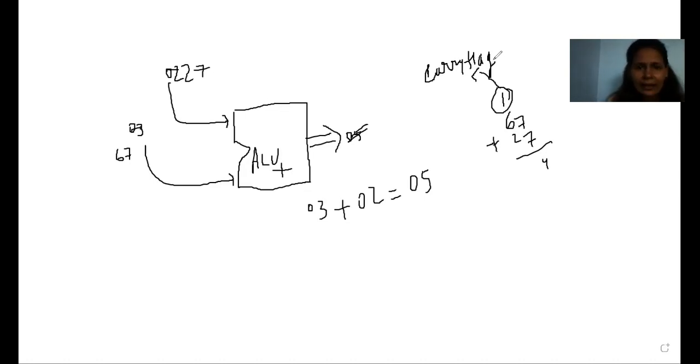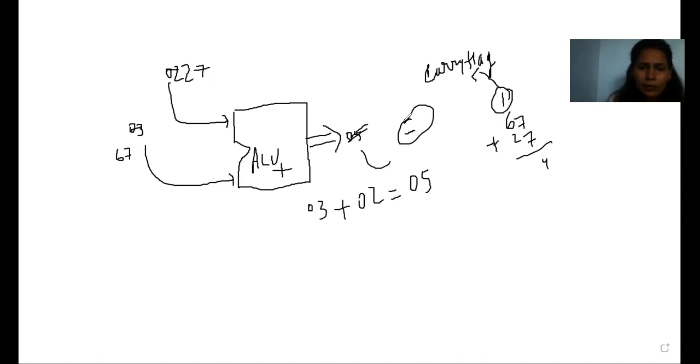So in the flag register, different flags are available, like carry flag, sign flag, zero flag. If the result of the ALU is negative, then from the sign flag, we can identify that the result of the ALU is negative or positive.